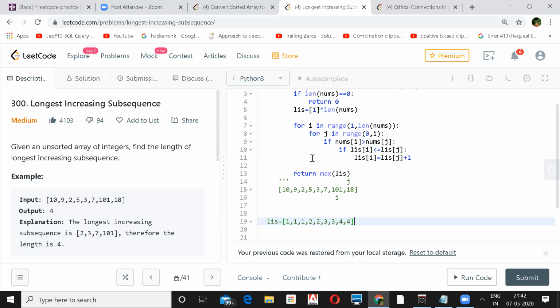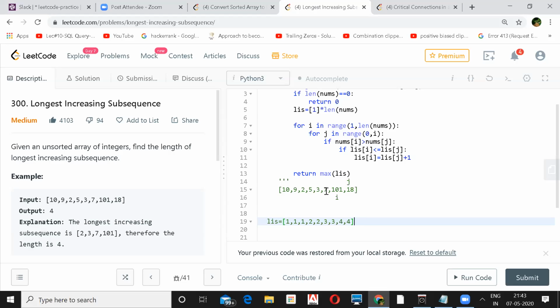So we have 5 and next is 3. So isn't it a break of a subsequence at 7? Shouldn't it be just 2, like 3 and 7? I didn't get. So the 5 is greater than 3, right? That's why at 7, would it be a subsequence forming from 3 to 7?